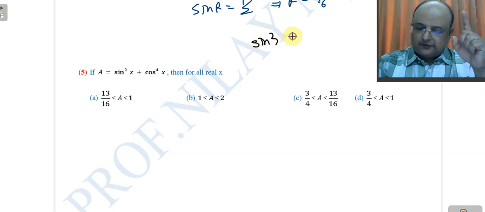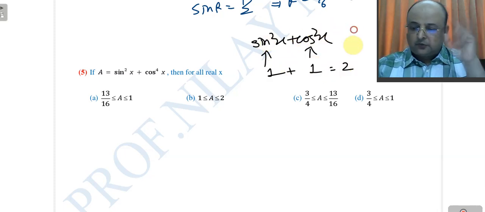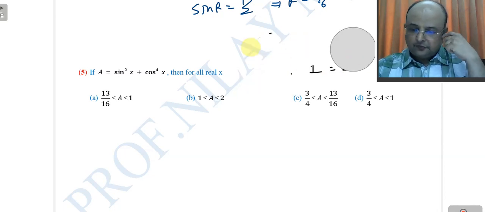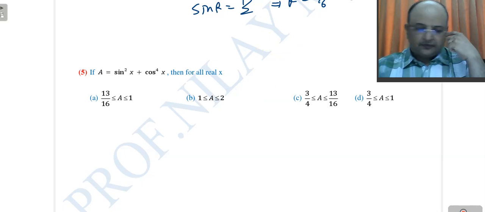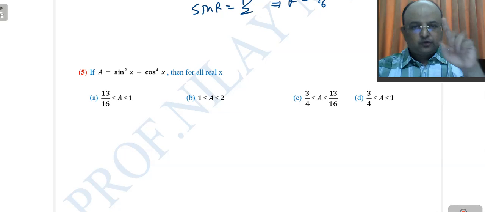See, this is sin square x plus cos square x. If you say that the maximum value of each is 1, then the maximum of both would be 1 plus 1, which will be 2, but that is not true. You know that sin square x plus cos square x is always 1. Remember this? Yes or no? Fine. So the functions depend on each other, so you should have only one function. And if you involve two functions, then those two functions must be independent.